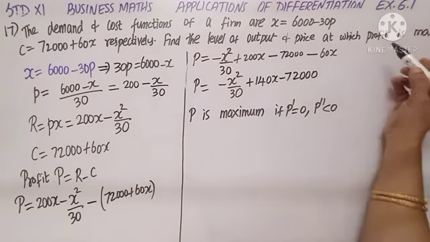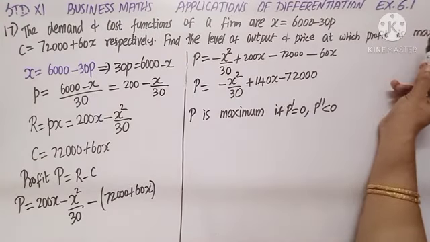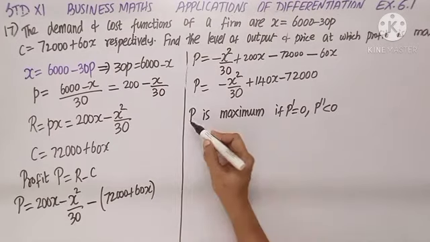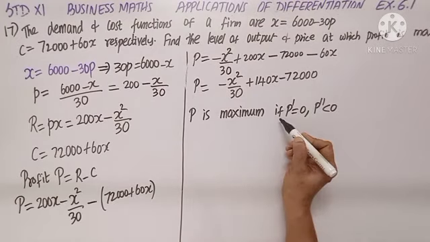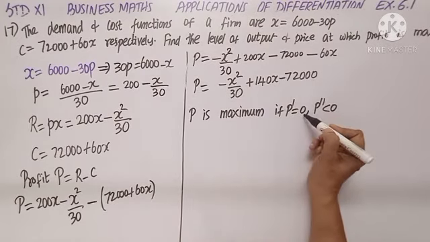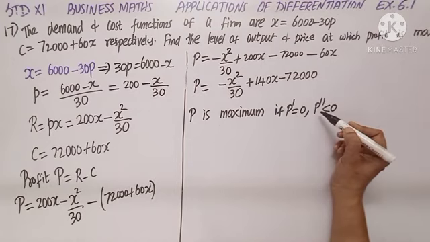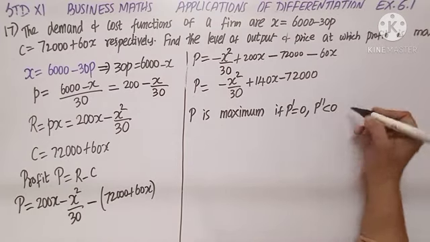The question is, profit is maximum. P is maximum if first derivative P dash is 0 and second derivative P double dash is less than 0